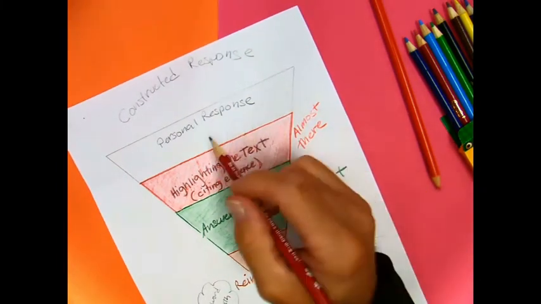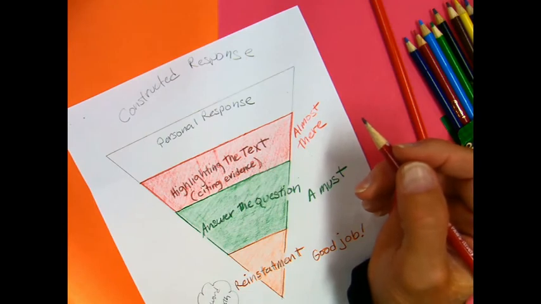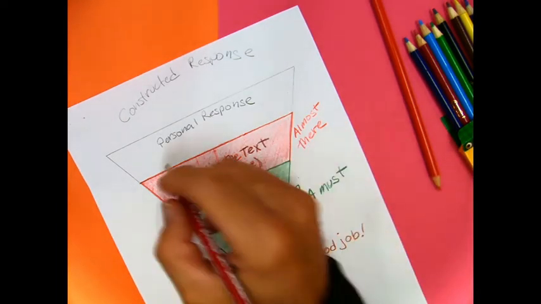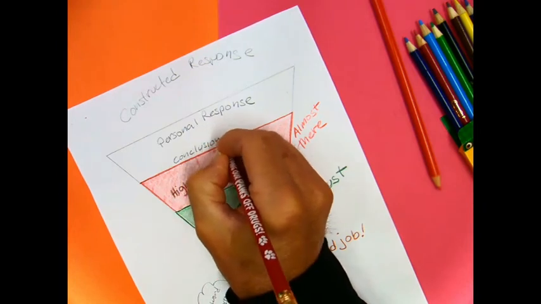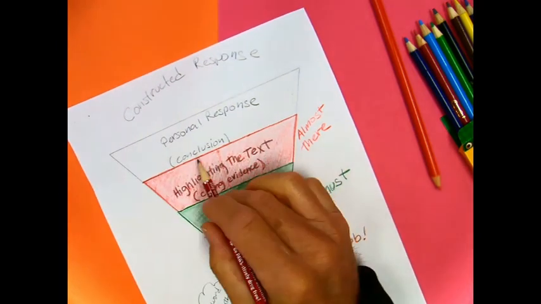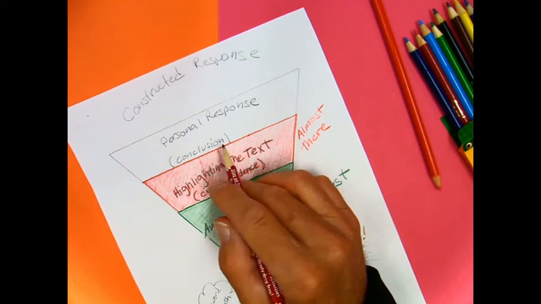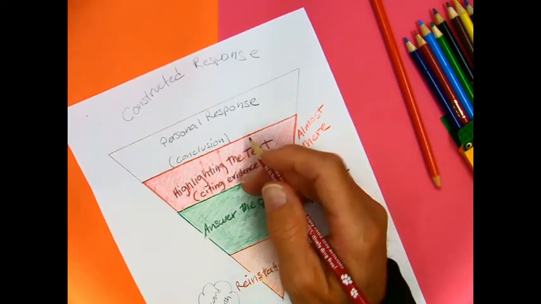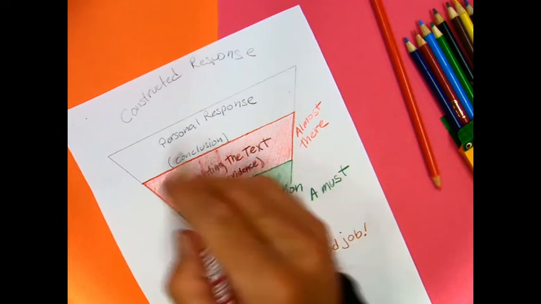And sometimes we call this a conclusion. This is kind of how we close things. Conclusion means that you end something, but not by saying the end, but by kind of letting your readers know that this is the end, that you're not going to say anything more after this. And conclusions are reflections,